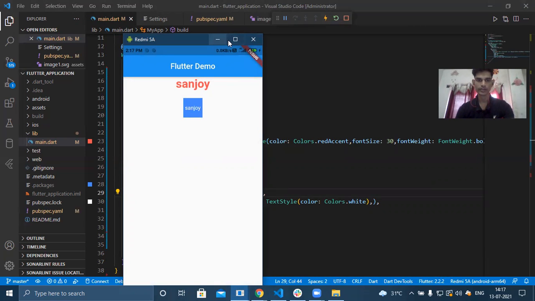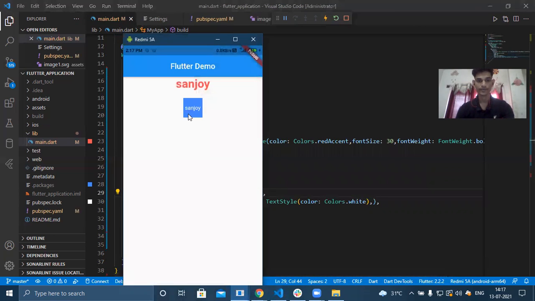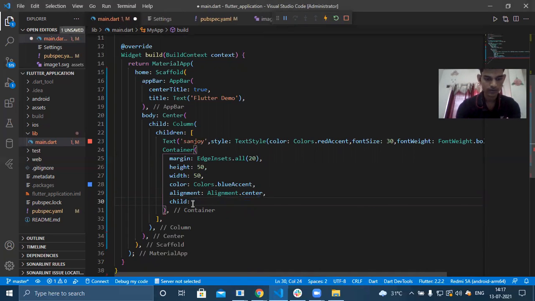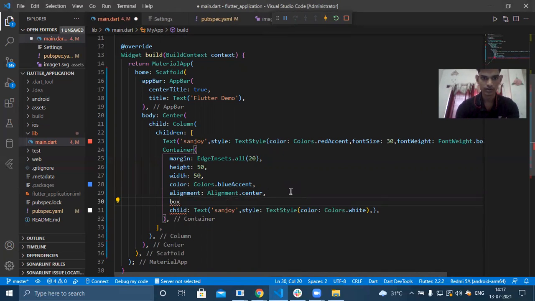This is the most commonly used attribute in container. Right now this container is a square. If you want a rounded corner, or if you want the whole box as a circle, those things you can also do. So I'm going to show you. I'm going to remove this and take box decoration.